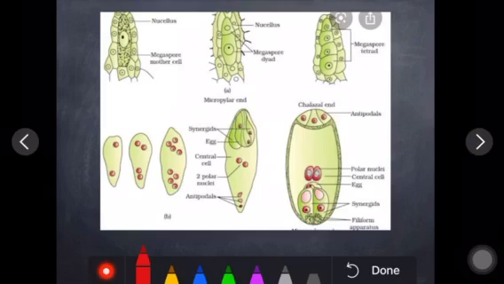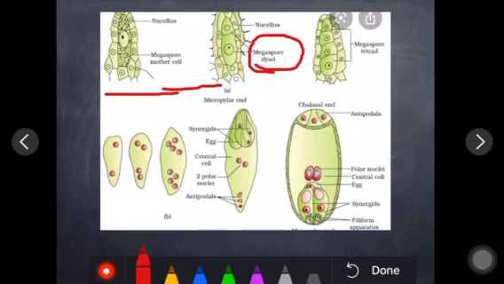We'll look at the previous diagram again. In this, the megaspore mother cells are there. They proceed with meiosis first, so they form what? Megaspore dyad. This diagram I have taken from your NCERT book only. Here you can check. Then the megaspore dyad undergoes meiosis second, and they will form what? Megaspore tetrad. So as a result, we have the megaspore tetrad. Now we'll talk about how this will develop into the embryo sac.